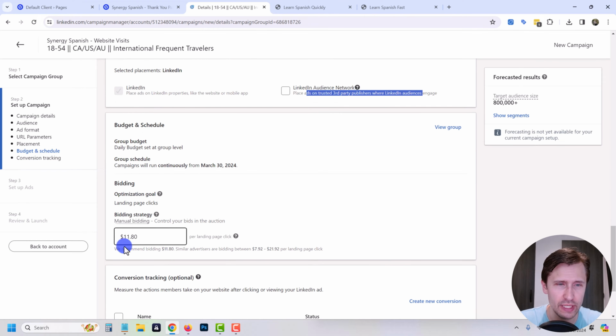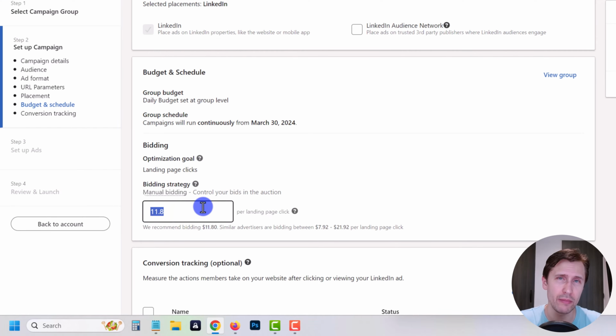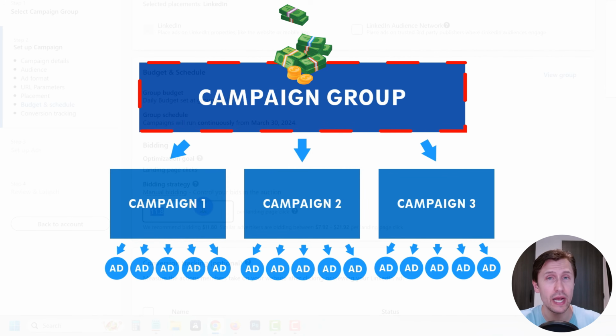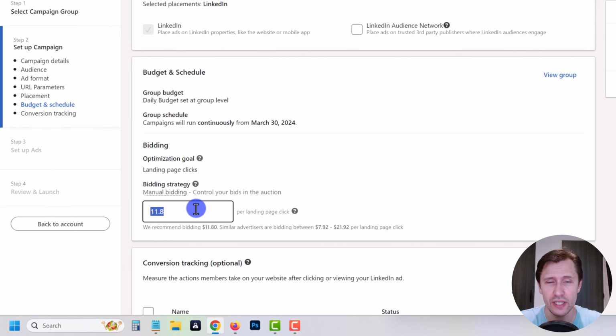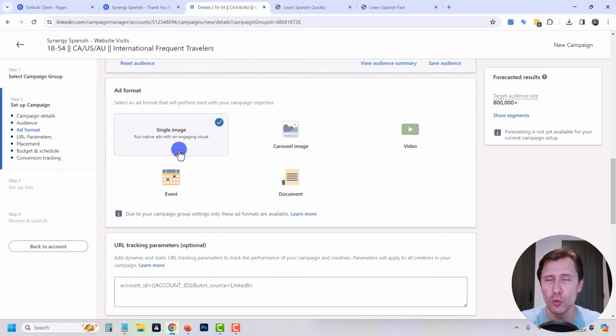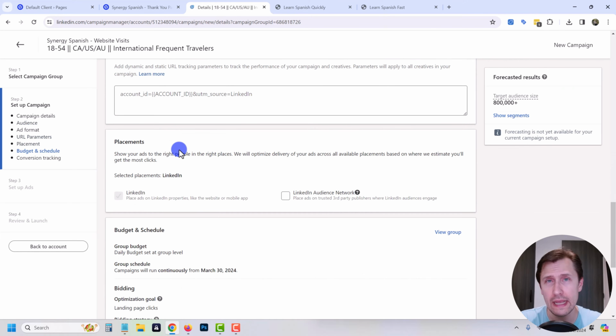You have the group budget. Over here, you have the bid, right? So remember at the campaign group level, you had the chance to set the bidding option, how you want to pay. And now over here, finally, you can say how much are you willing to pay per click. So some of the clicks here are more expensive. It says here, for example, $11.80 per click, but keep in mind, the targeting is much more fine-tuned here with LinkedIn,